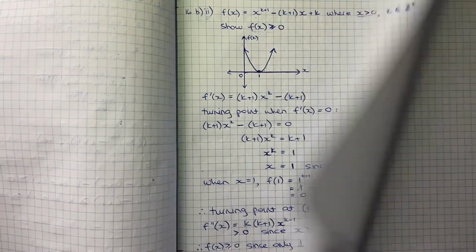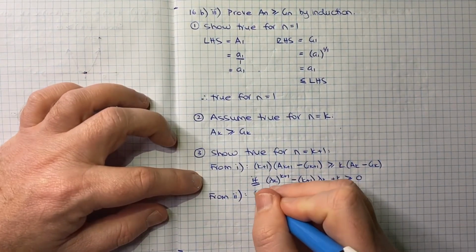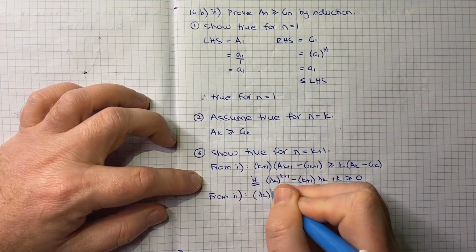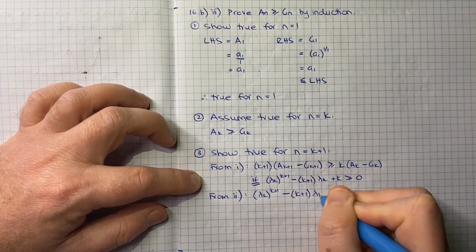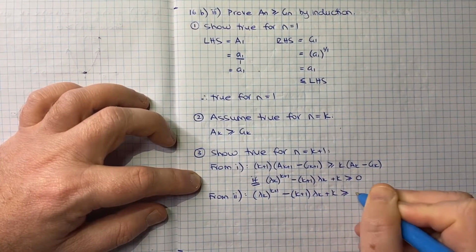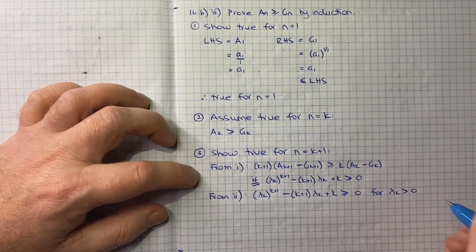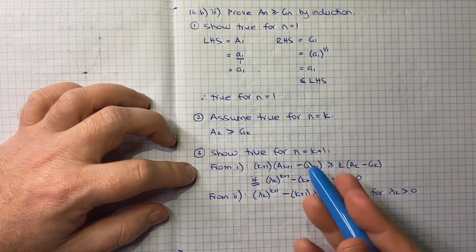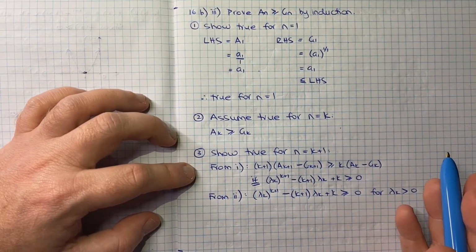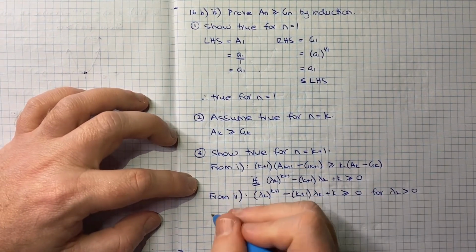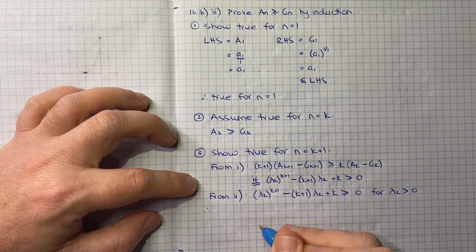So we're in safe territory here. From part 2, it is the case that λ_k^(k+1) − (k+1)λ_k + k is greater than or equal to 0 for λ_k greater than 0. So therefore, we can make use of this inequality. I guess we can just start making use of it. So we can say therefore